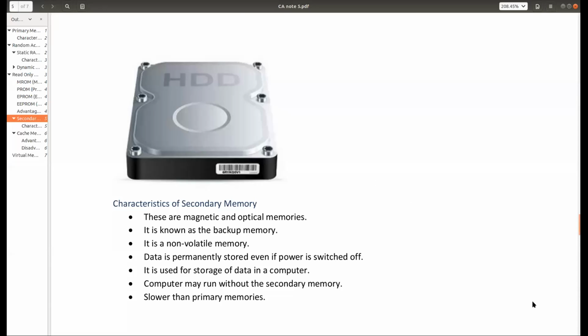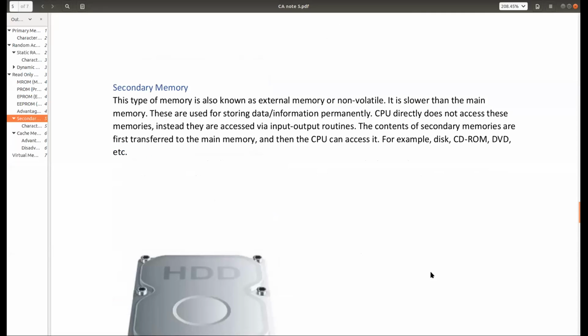Apart from this, there are other kinds of memories which you may bring under the auxiliary memory. In my opinion, floppy disk, CD-ROM, DVD-ROM, etc. should come under the auxiliary memory, not directly under the secondary memory. That is, CD-ROMs, DVD-ROMs, floppy disks, and even your pen drive are also coming under the auxiliary memory.